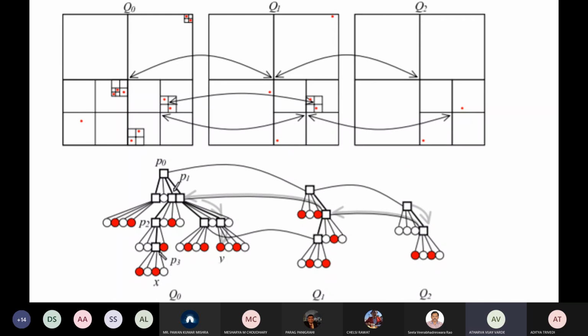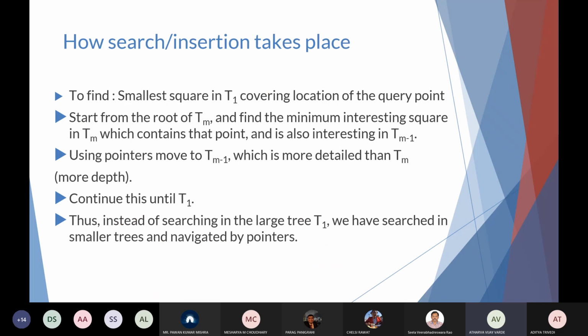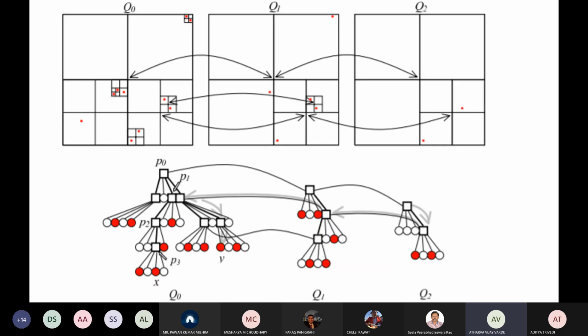So as you can see, only some squares which are present in Q2 are linking in Q1. That is, all important squares in Q2 are also important squares in Q1. This is not necessarily true the other way around, because some important squares in Q1 are not in Q2. You can see that the level of detail goes on increasing towards the left because there are more points. So this will help in answering our queries in O(log n).